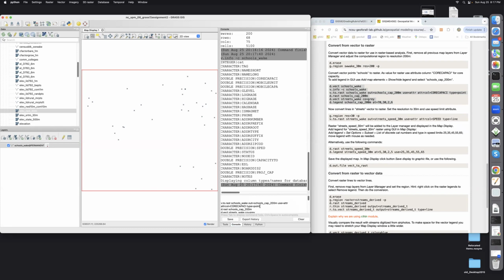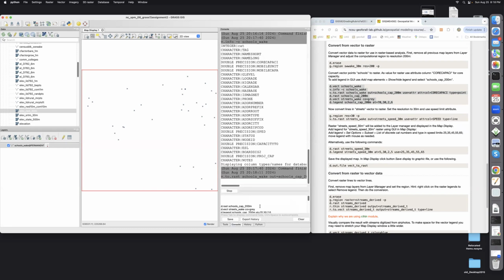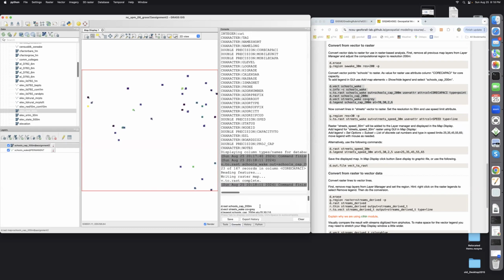So we will convert the points to 200-meter raster. We will be using for the conversion attribute, and that attribute is called core capacity. So now we got a raster map that has lots of nulls, but in those locations where we have schools, we got a raster map that represents the core capacity